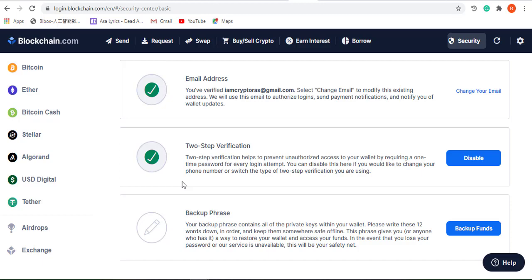Please write these 12 words down in order and keep them somewhere safe offline. They are saying offline because maybe a hacker can have access to your wallet and have the private keys. And once they have the private keys, what we call the backup phrase, they can have access to your wallet regardless of your two-step verification, your email, your password, or any other authentication. So it is very, very important that you keep your backup phrase, the private key, very safe, possibly offline,